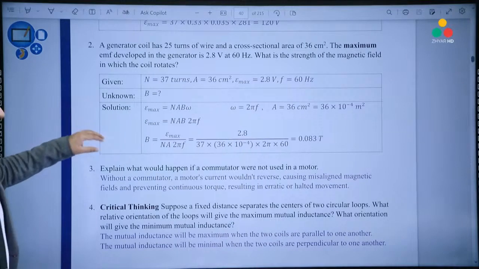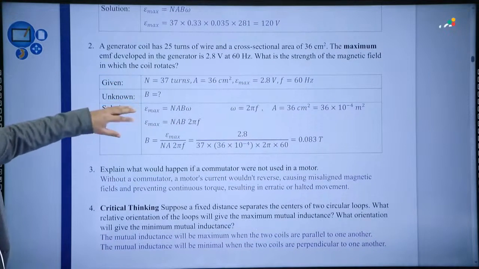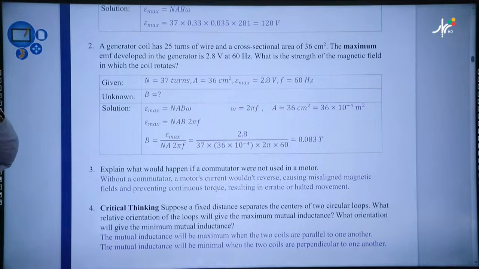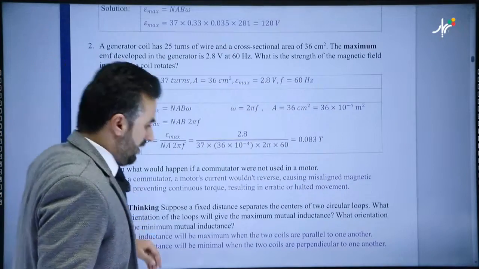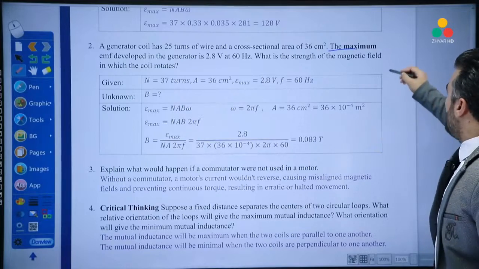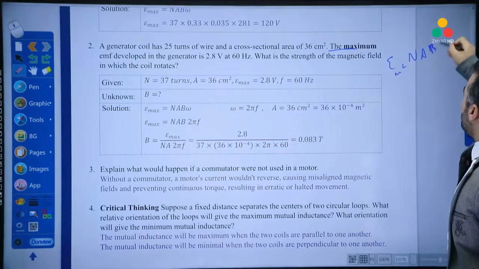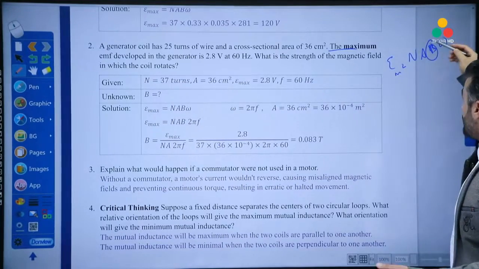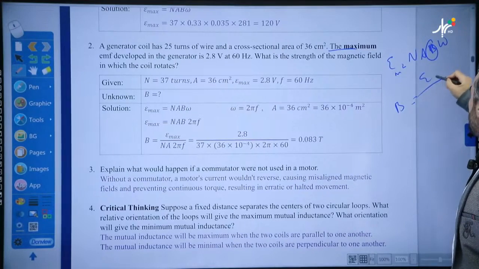Now we have another question that's almost the same idea as the other one, a generator. The question wants the strength of the magnetic field in which the coil rotates. Pretty much the same thing: since we have the maximum electromotive force, the maximum EMF equals NAB omega. We are trying to find the strength of the magnetic field, so B equals the maximum electromotive force